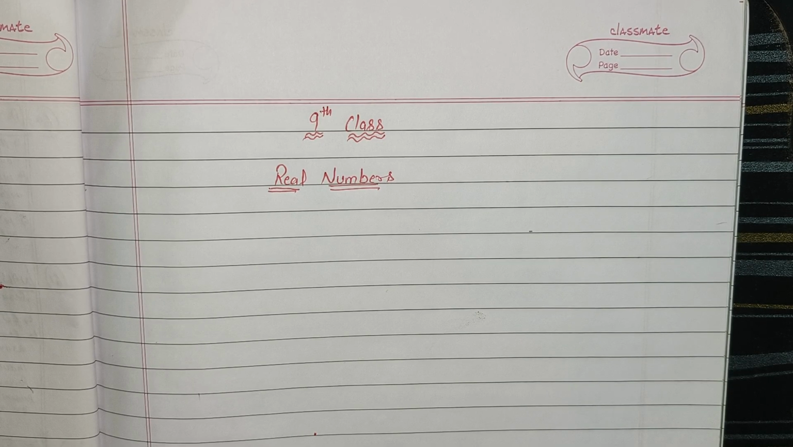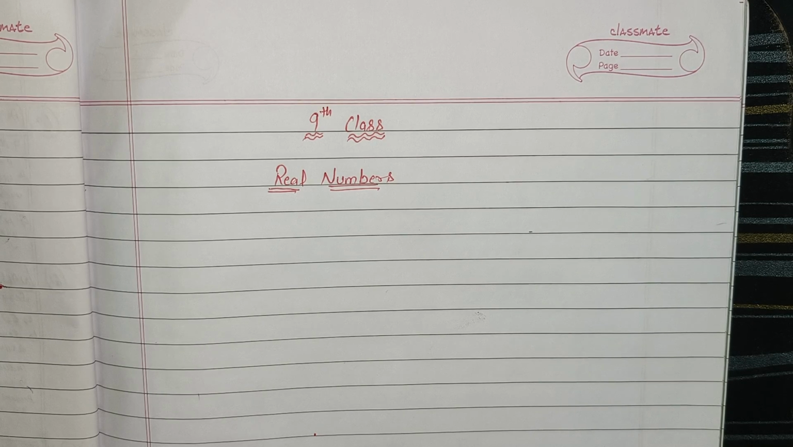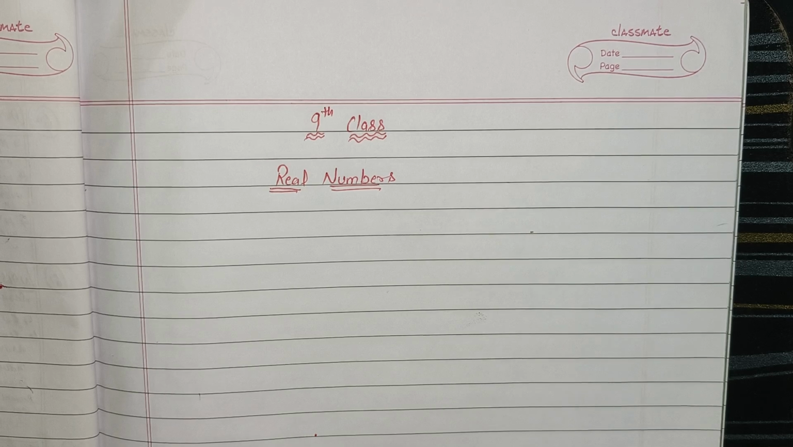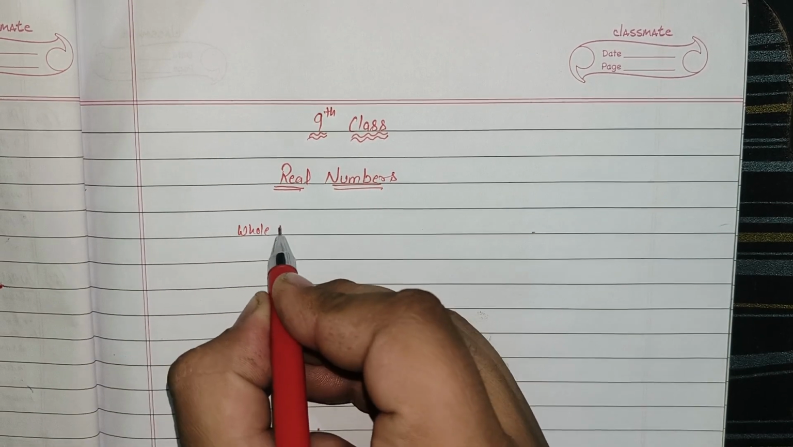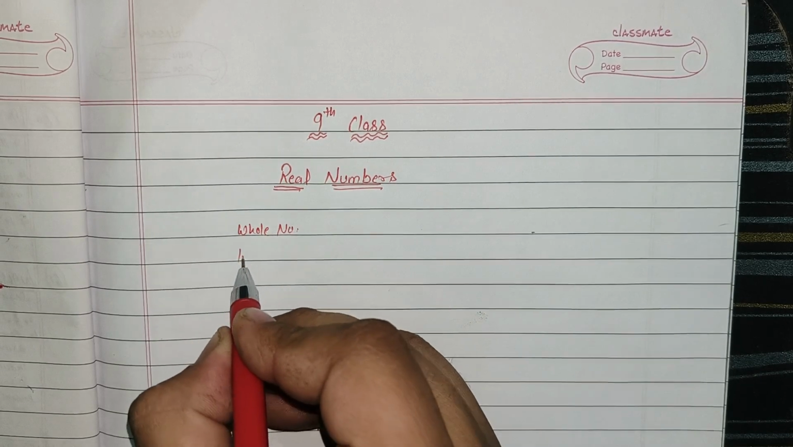This is the introductory part of the chapter real numbers. Today we are going to learn about the real numbers. So basically, before learning that, we have to know about some basic stuff, that is whole numbers, integers